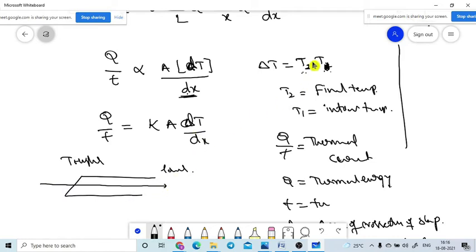While heat is flowing, dT is equal to the final temperature value minus the initial temperature value. The final temperature value will always be smaller than the initial temperature value. What does it mean? It means dT is represented as a negative term. The thermal current flowing through a conductor is indicated here by the negative sign. What does that mean?